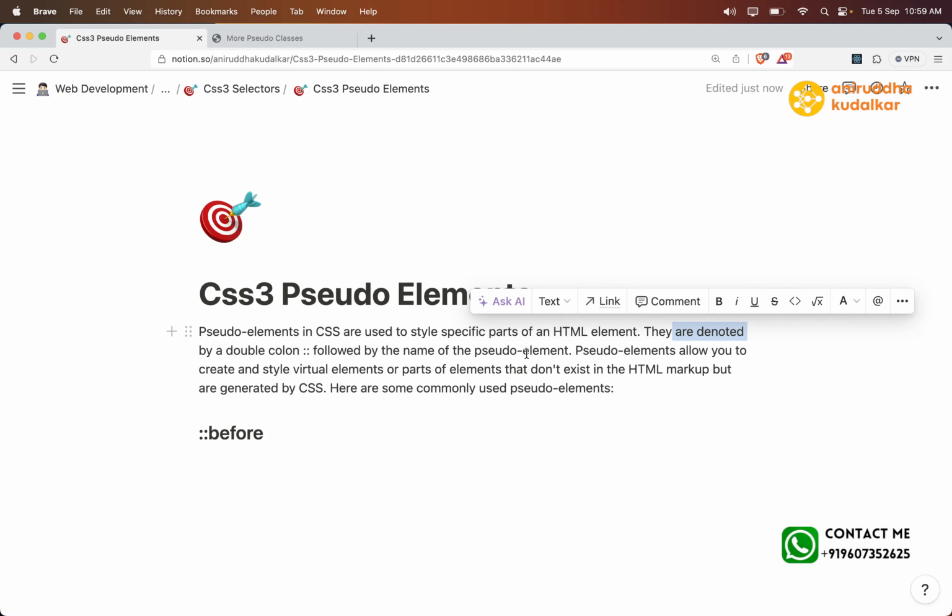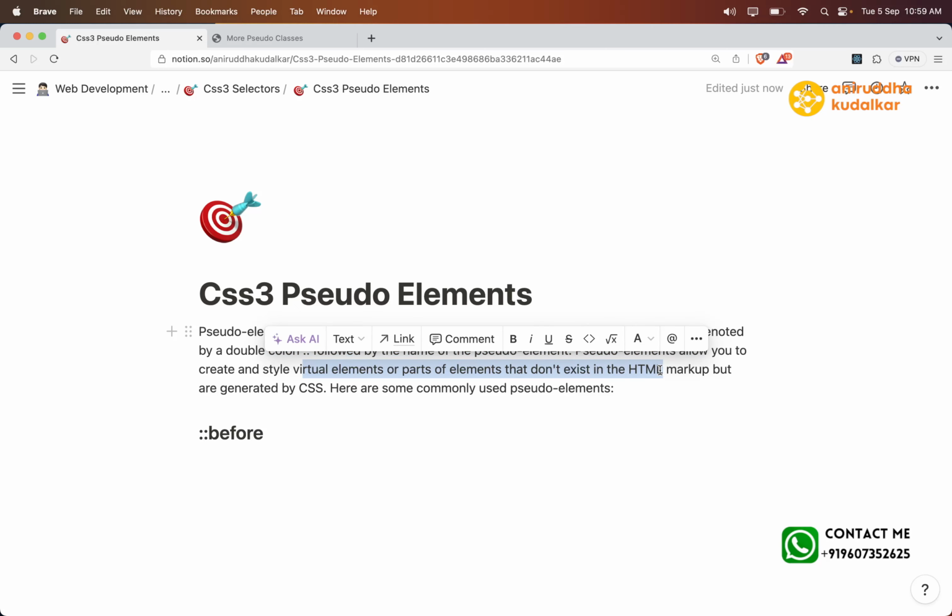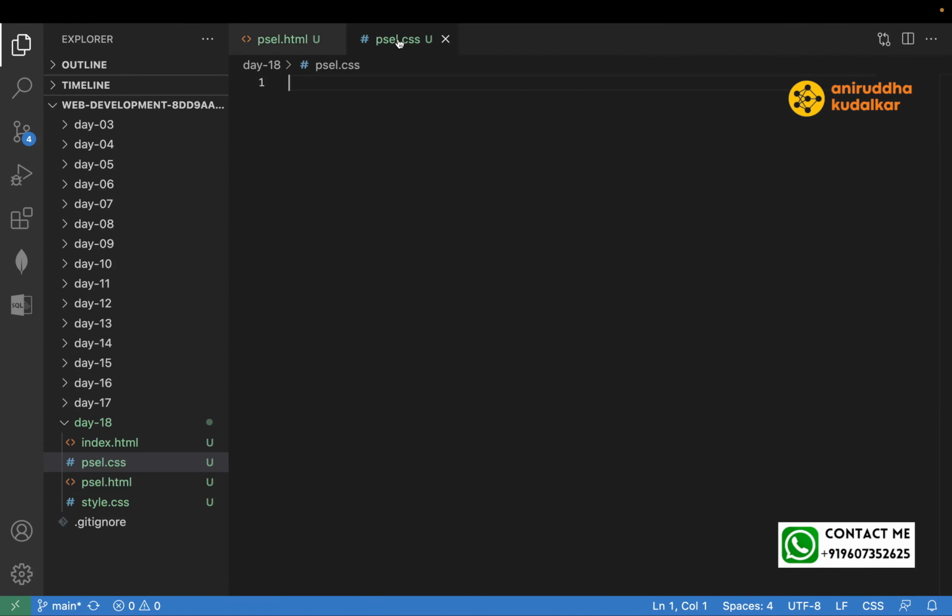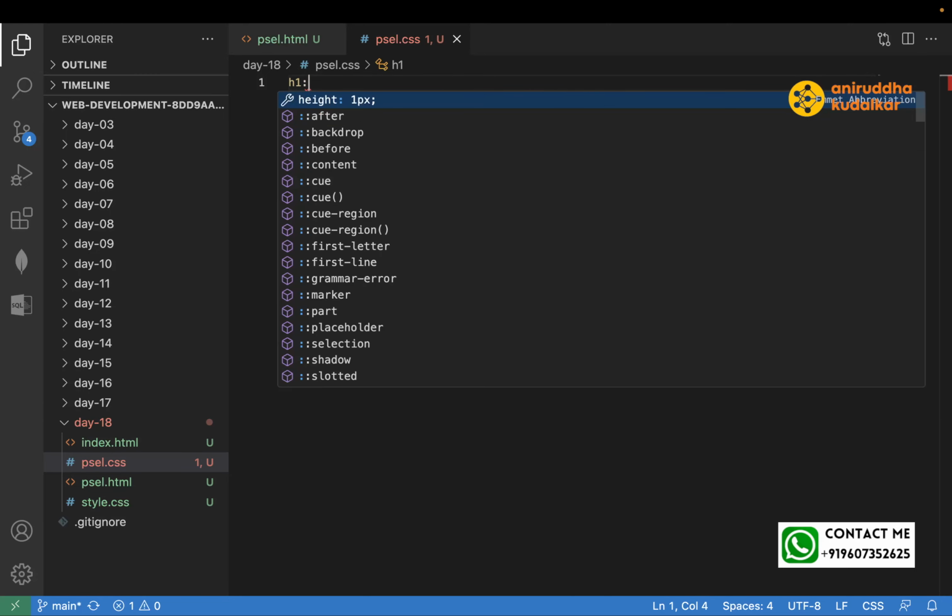Pseudo elements allow you to create and style the virtual elements or the parts of the elements that do not exist in the HTML. Now see, let's go here and I can say h1 double colon before,